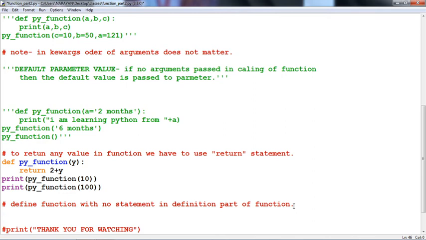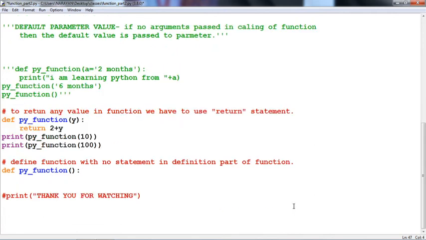Simple, let's see this with the help of an example. Here is py function. We are not giving any statement in the definition part, we are just going to call the function.